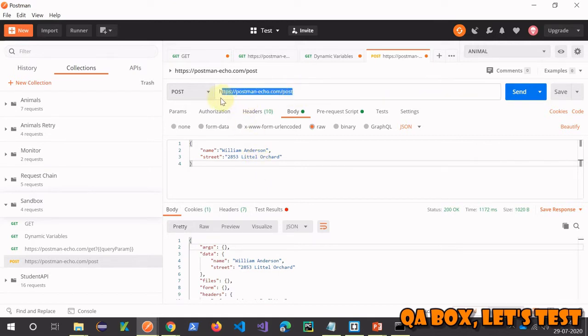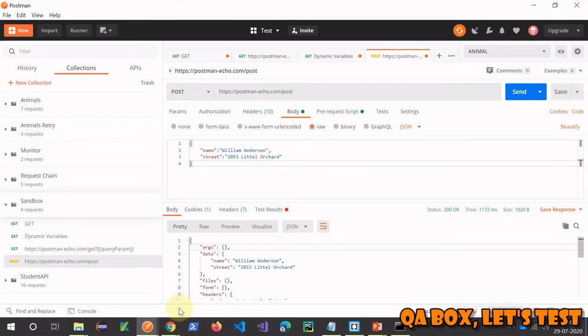So this is a POST request from the Postman Echo website, and you can see that you have to provide the name value and the street value, right? You can obviously supply it from here, from your files, and so on. But let's say you want to pass in a unique value every time. How can you do that? Of course, you can write up your program to make some changes to that data before it is supplied to your request, or you could also use the inbuilt feature in Postman,